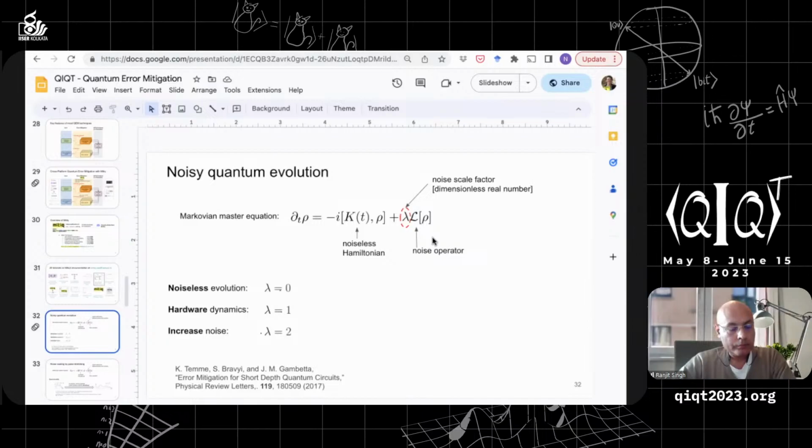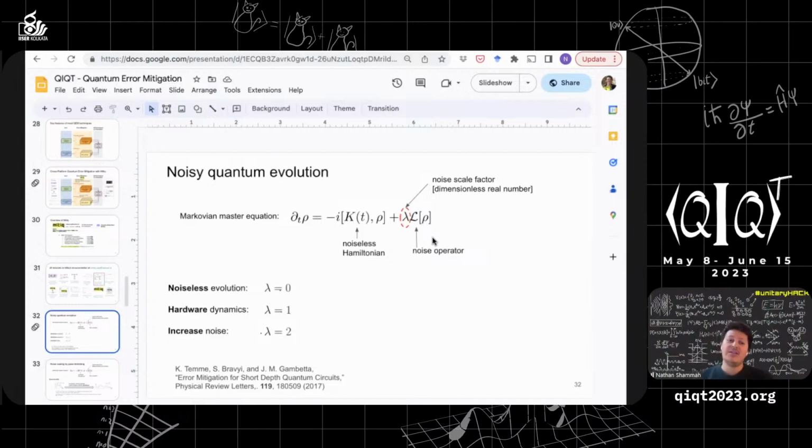So one way we check not only the time evolution of a system under the effect of noise, but also how quantum error mitigation, so these strategies to counteract noise, are effective, is through benchmark quantum circuits, which you can imagine as